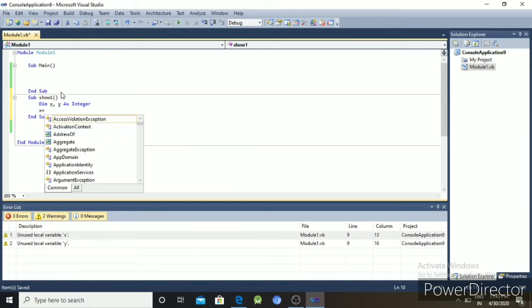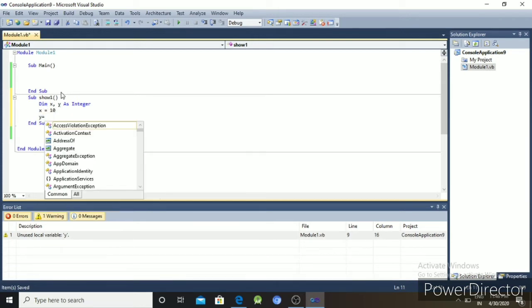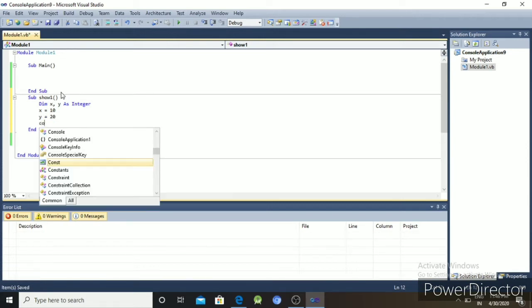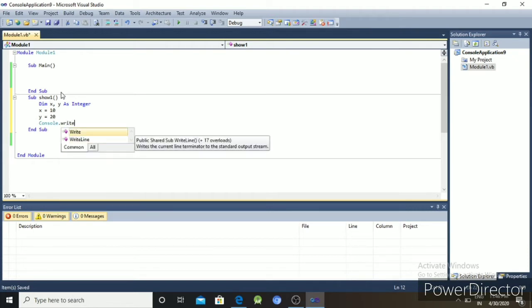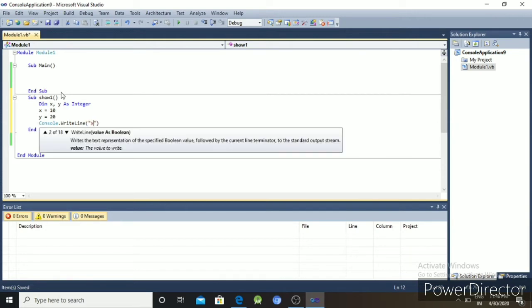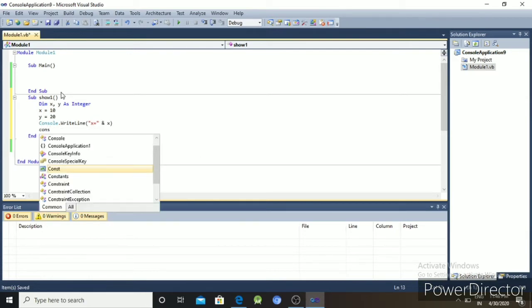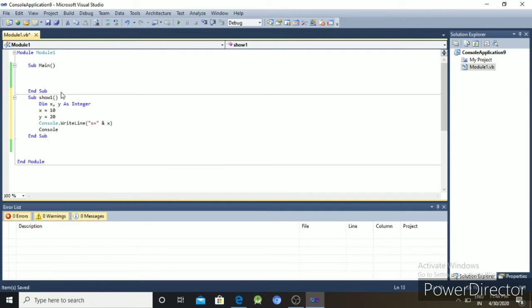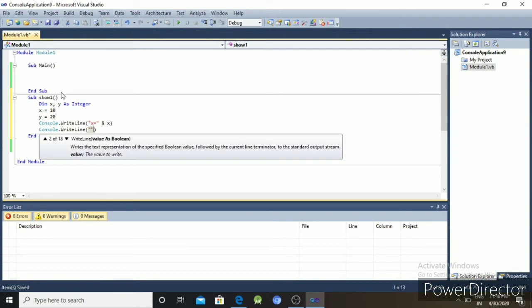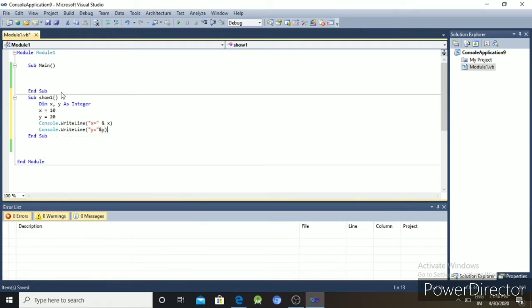Thereafter x = 10, y = 20. Console.WriteLine("x = " & x), then Console.WriteLine("y = " & y).